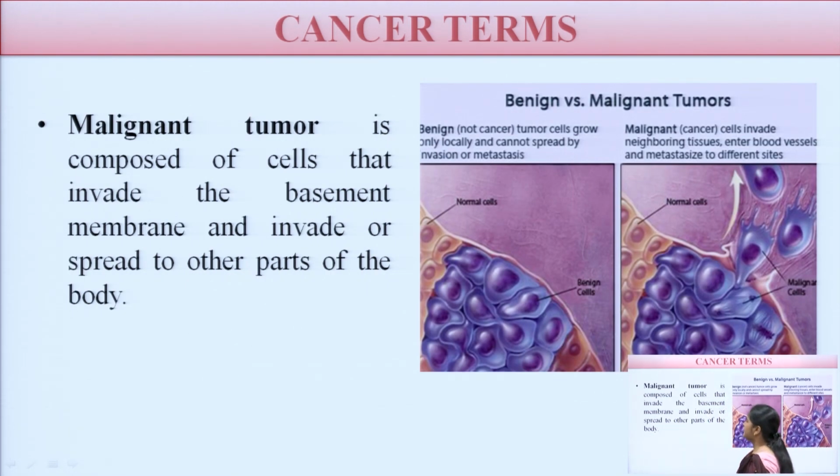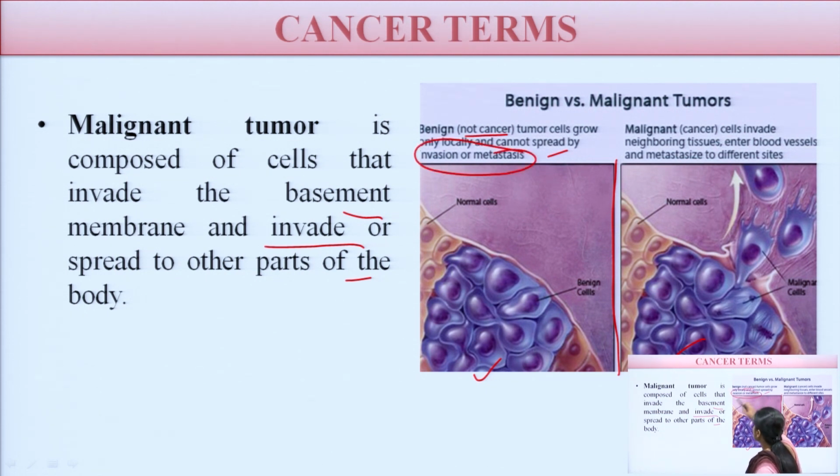Now, malignant tumor. A malignant tumor is composed of cells that invade the basement membrane and spread to other parts of the body. Basically, this is benign and this is malignant. Here, a benign, non-cancerous tumor cell grows only locally and cannot spread by invasion or